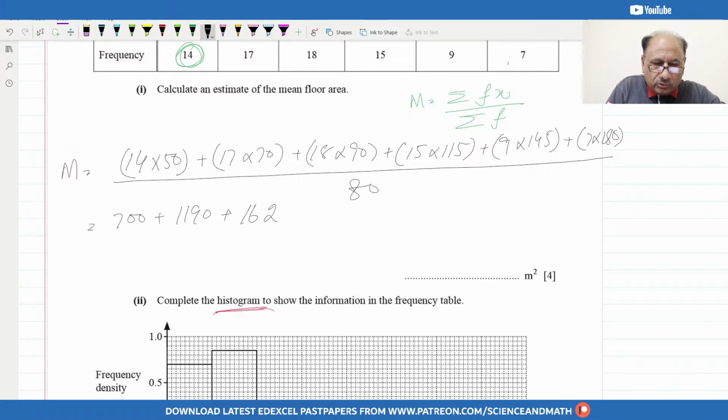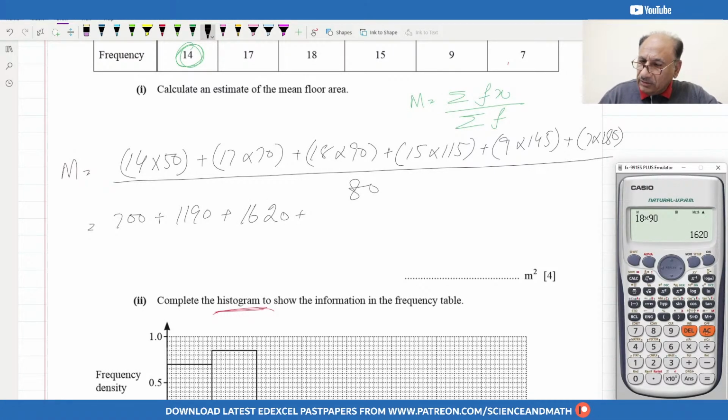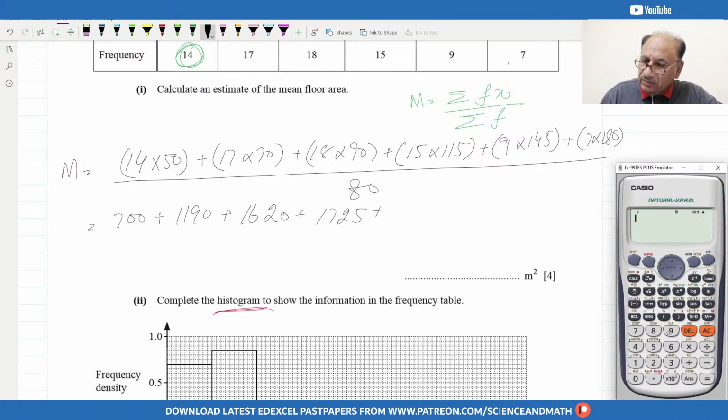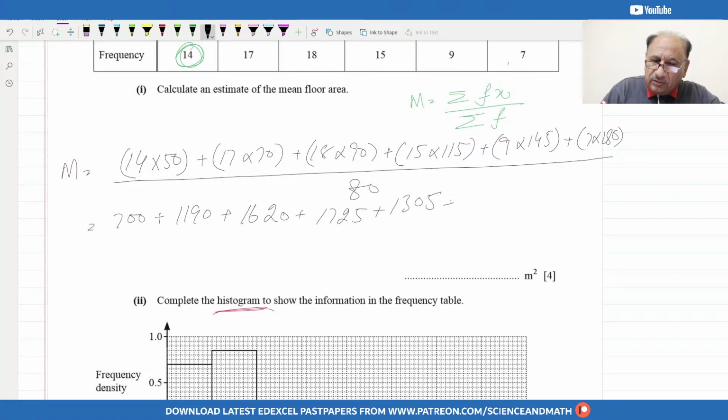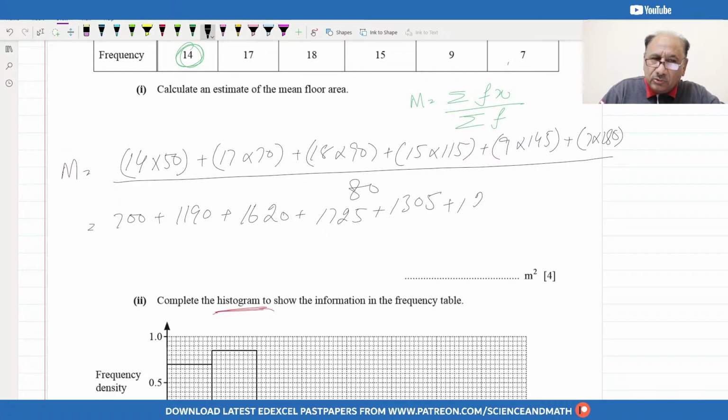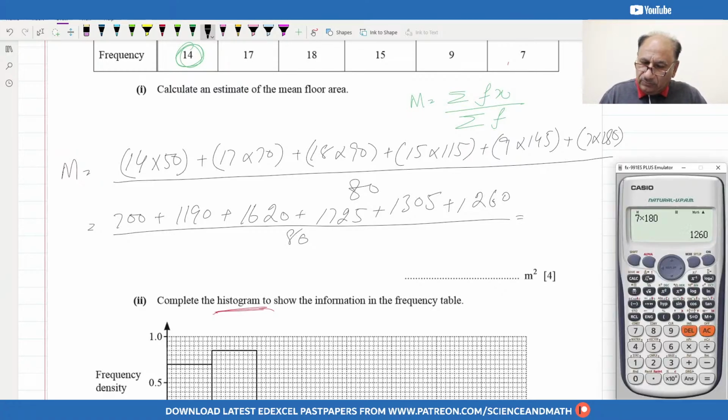So 1620 plus 15 multiplied by 115 is equal to 1725, plus next is 9 multiplied by 145, and this will be 1305. Carefully you will have to do the calculations. Any error will be creating issue for you. So 1260. So after this is divided by 80,